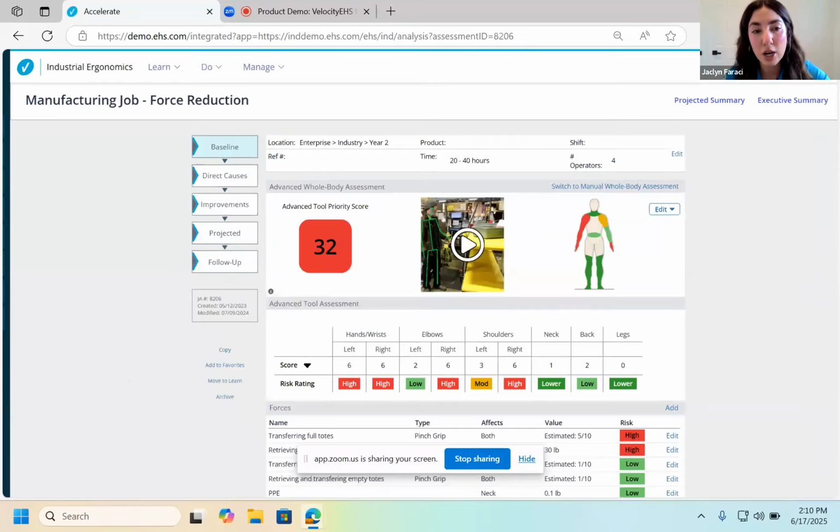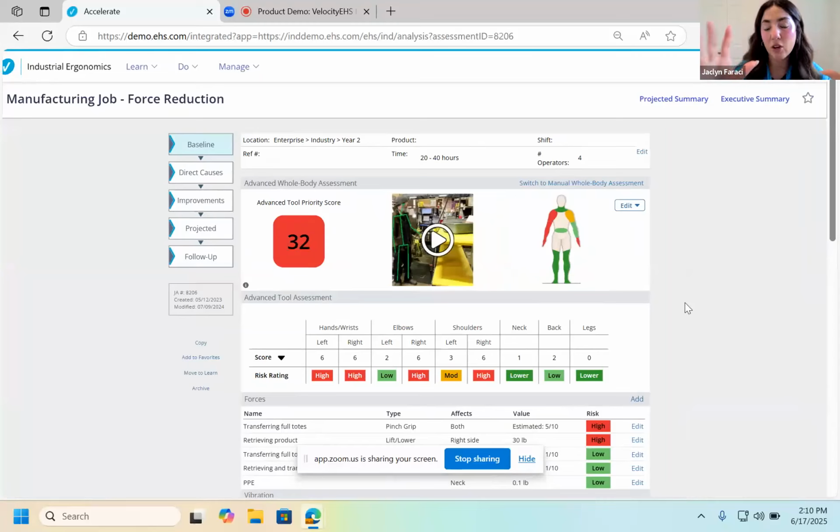So now we'll jump into a job assessment. One thing I'll call out: the example we're going to go through is a 3D motion capture risk assessment. That means I'm taking a video of someone doing something difficult and using motion capture and machine learning, the system's going to provide me with a